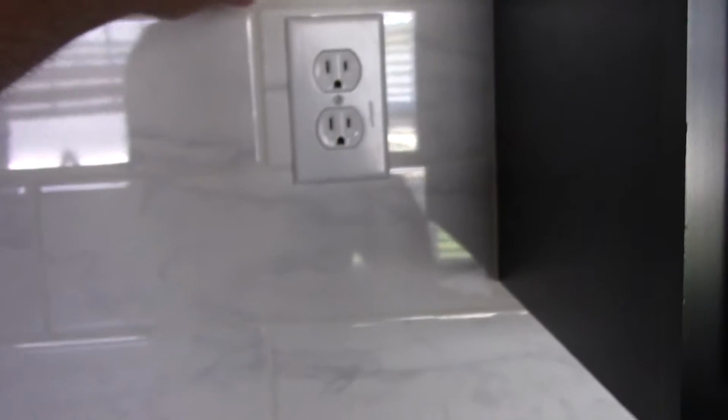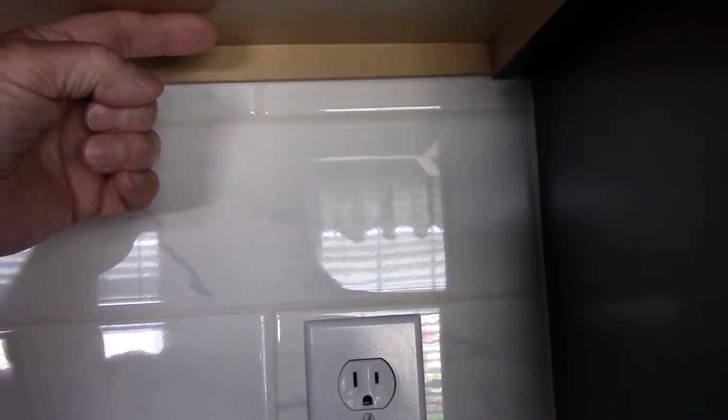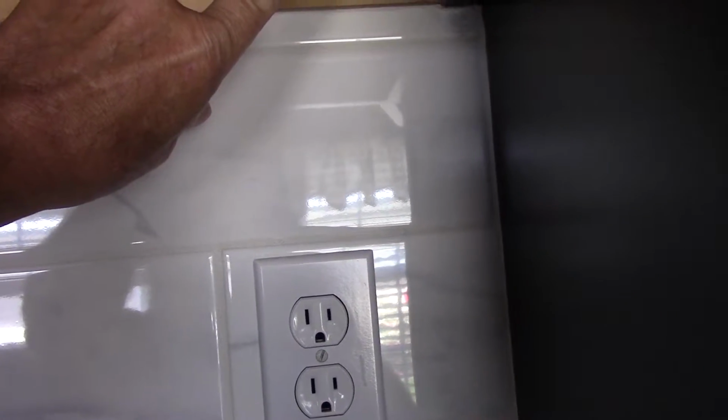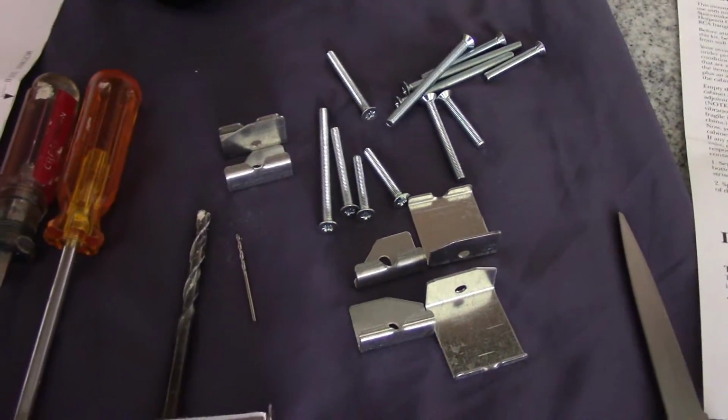The problem is that this part of the cabinet is not going to be up in there touching there, and it won't be gripping on here as well, because remember, we had it out to accommodate this right here. So the microwave itself is going to be out probably around here someplace. So we need to put a bracket on there to keep it from pushing up into here when we screw the screws up into here. So we're going to calculate which ones we need now of these brackets, and then we're going to get this